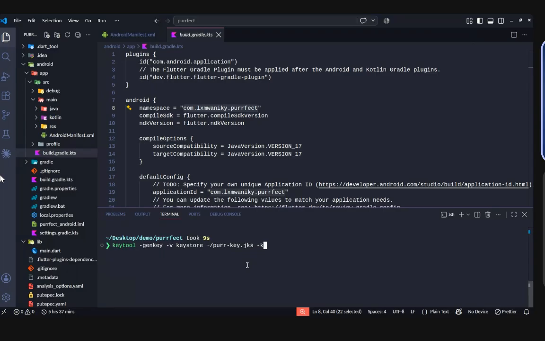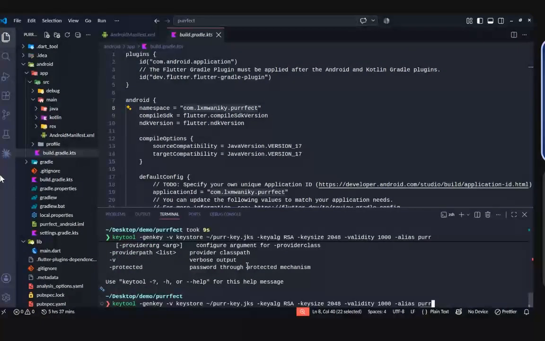And then I can set my key algorithm. So what algorithm do you want to use to sign your application? I'll set RSA, and then the size of your key. So I'm going to set 2048 bits, and then the validity, I'm going to set 10,000. I have no idea if it's 10,000 years or 10,000 days. And also an alias that you're going to be using. So the alias in this case, I'll just use par. And when you press enter,